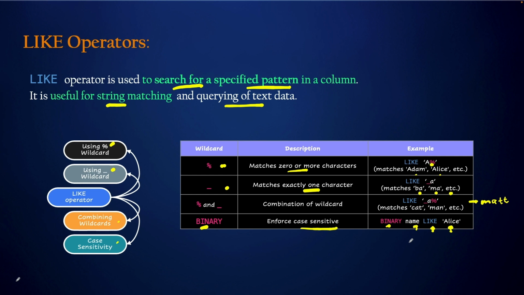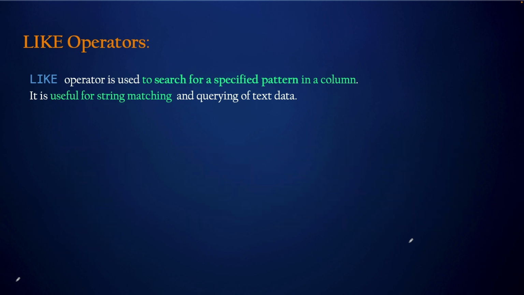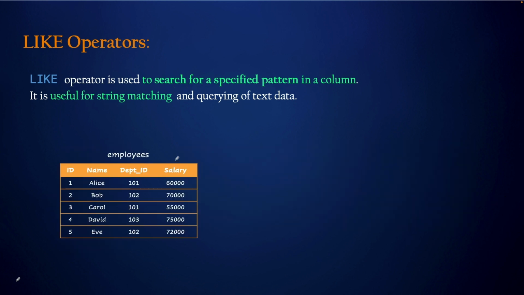Now let's try to understand this with syntax. This is your employee table. You have IDs, names, department IDs, salaries. Now the syntax: you are saying select all columns from the employee table, and after that you are saying WHERE your name, this one,